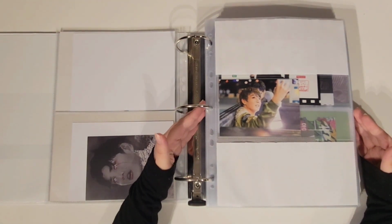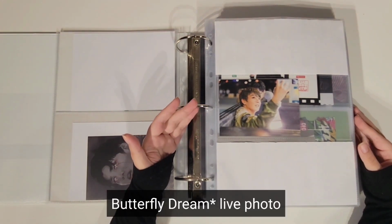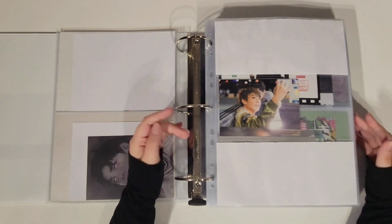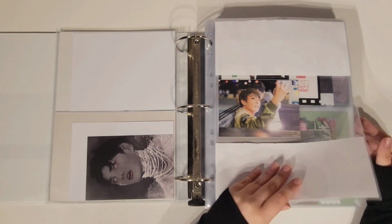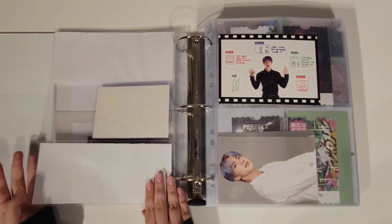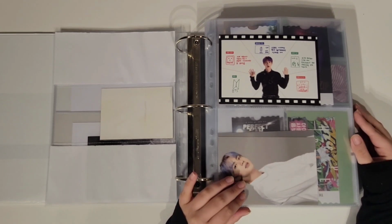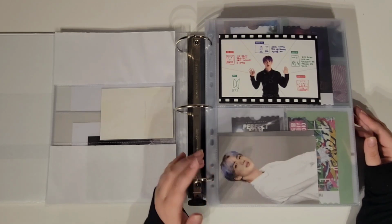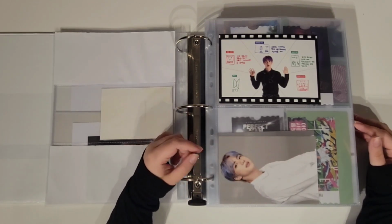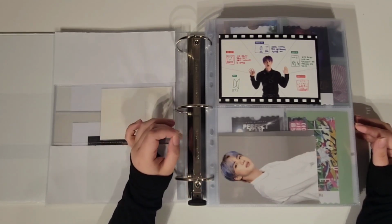So at the front we have my very, very lonely Jungkook butterfly live photo. Yeah, I am hoping to collect these. It's just going really slow. Then we have another section, which is the membership. I don't know what I'm gonna collect for membership. It might be just like the second membership photo cards and postcards, and the Fort Kit like bookmark. I really love the Fort Kit